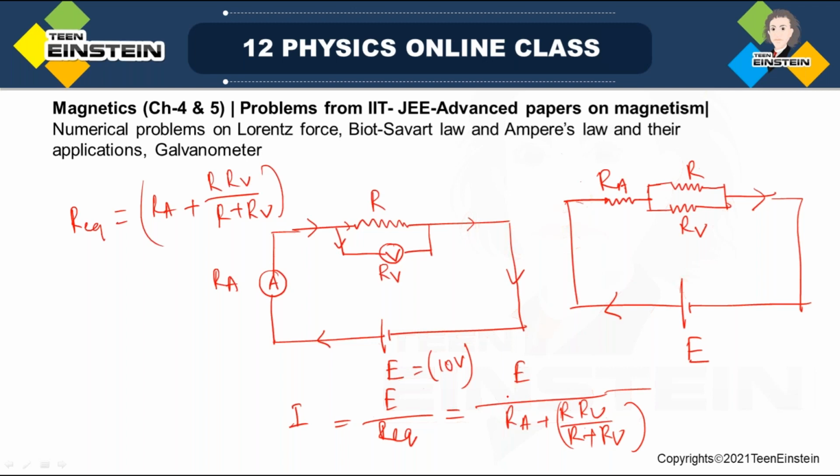So this is what we get. Now using KVL in this circuit, using KVL for this loop, what we can write, if I know the equivalent resistance, okay, so what we can do,